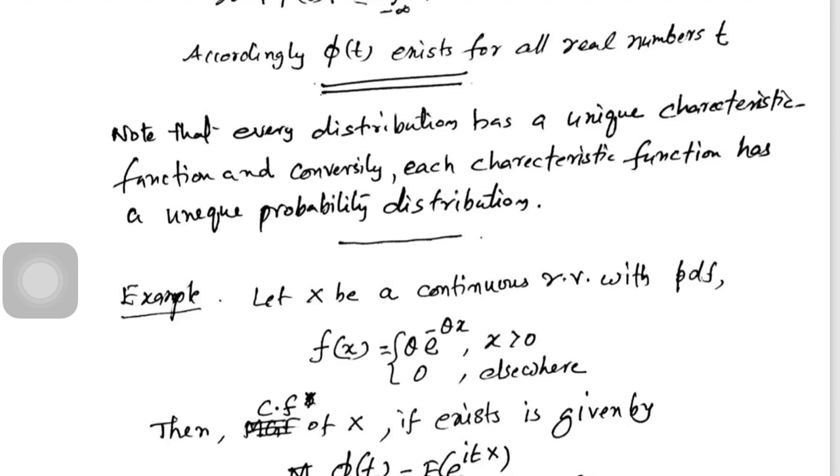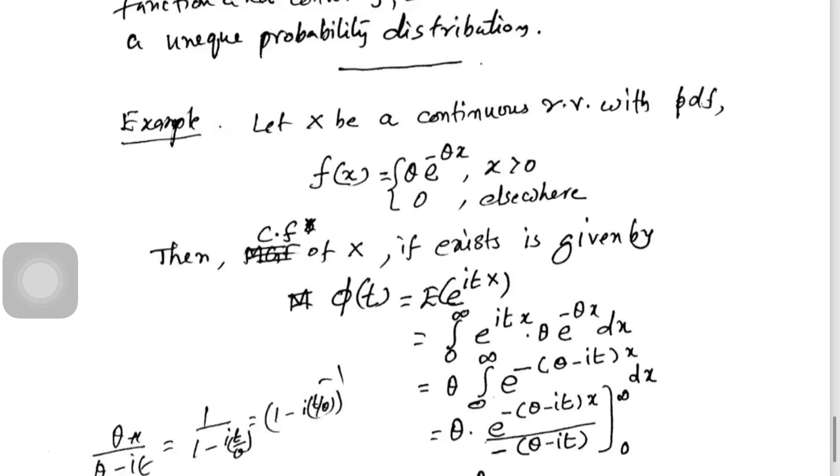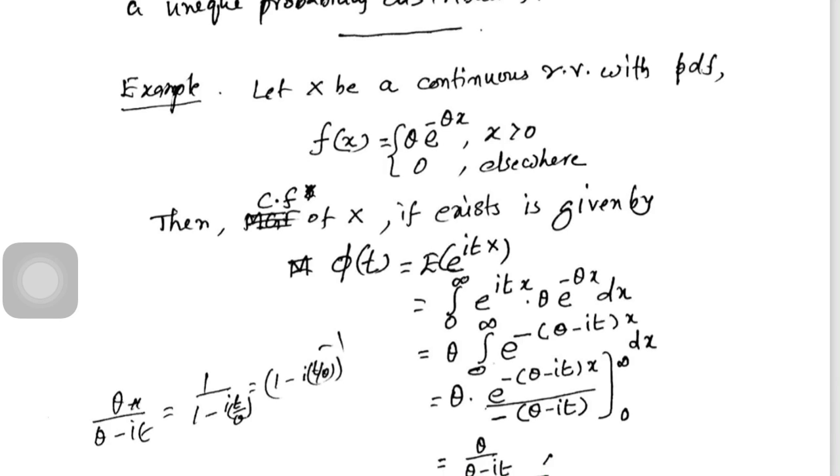I have added a very simple example to conclude this section. Suppose X is a random variable with the PDF f(x) equal to theta e to the power of minus theta x, x greater than 0, 0 elsewhere, and the characteristic function is defined by,